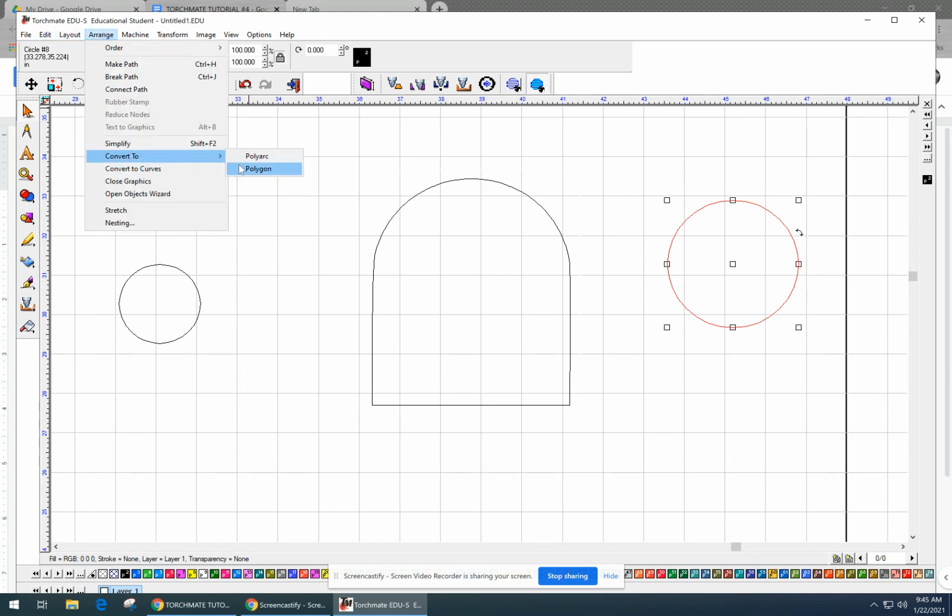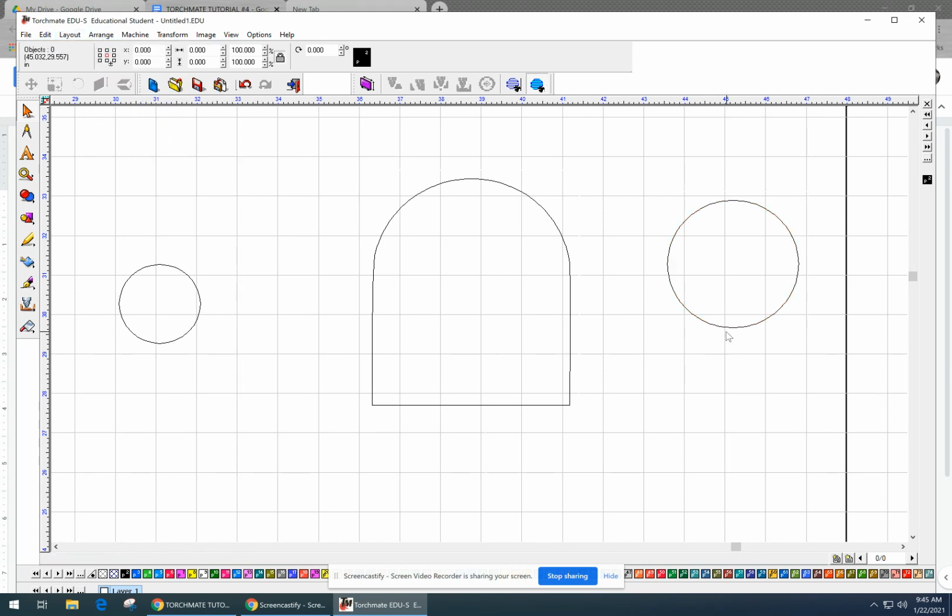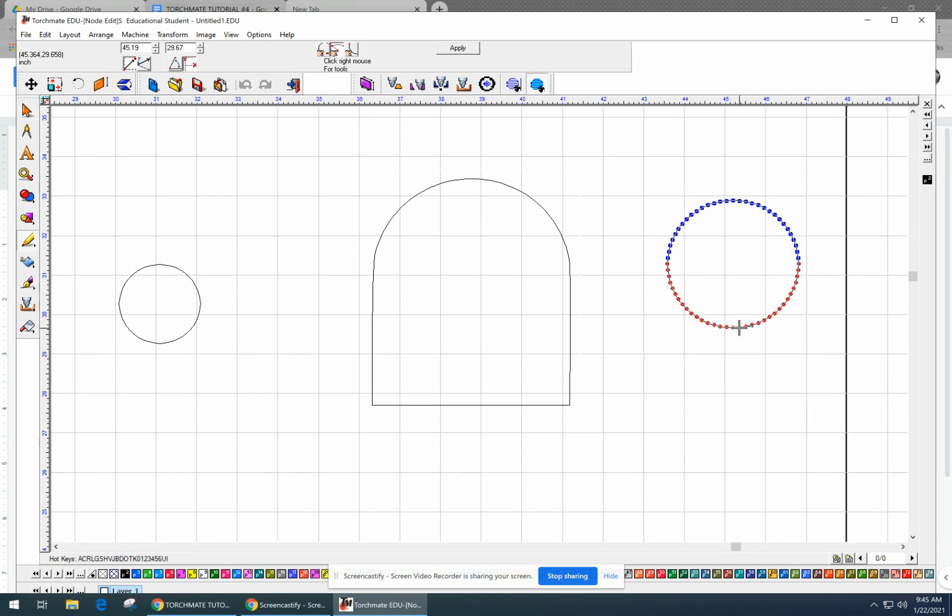arrange, convert to polygon, double click, highlight here. It doesn't really matter the order necessarily. I could have just deleted all these first, but then it's going to do that, right? And then that's where, when I convert that to a square and that one to a square, it takes me back to a similar shape, right? Okay, now I need to